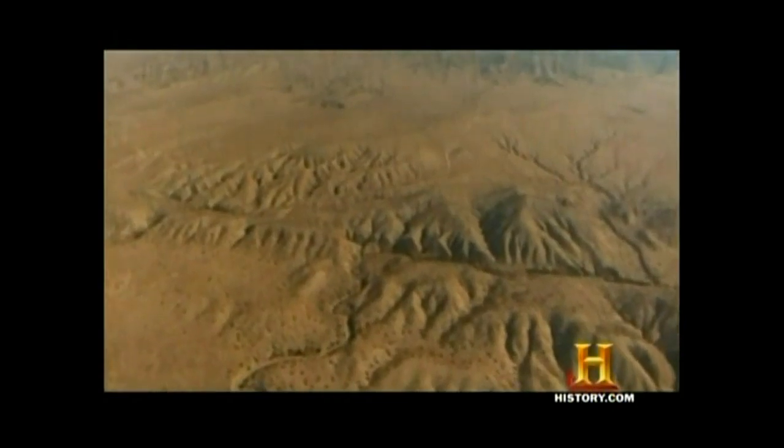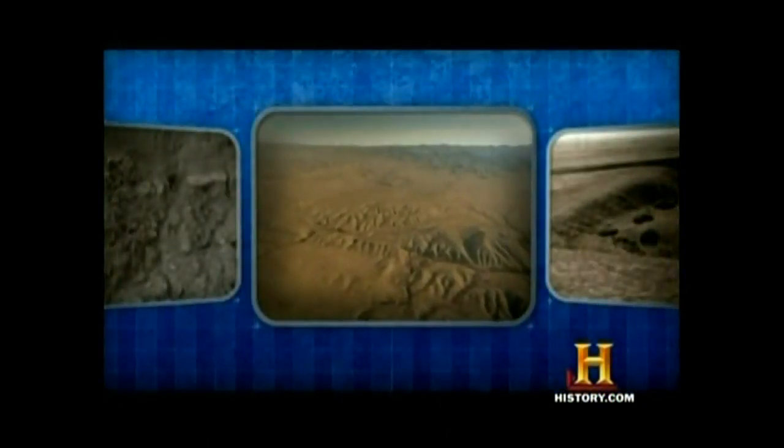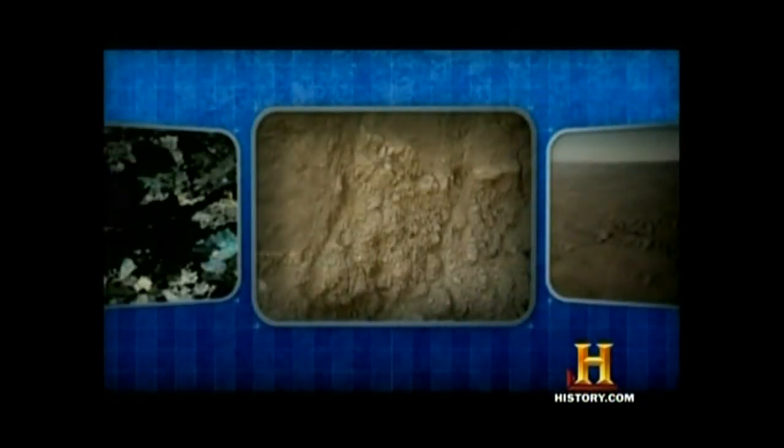The San Andreas Fault is giving up its secrets. Clues from a long dried up pond